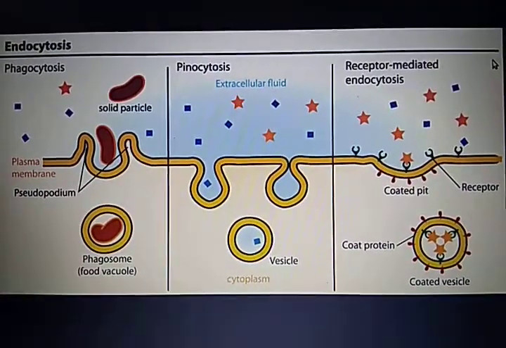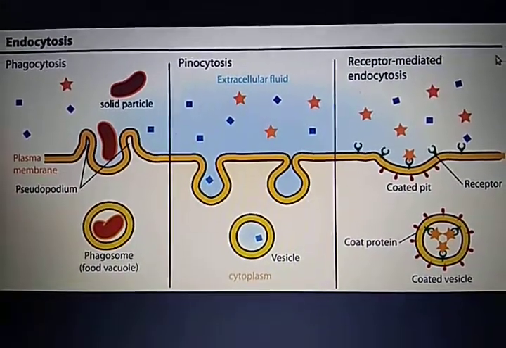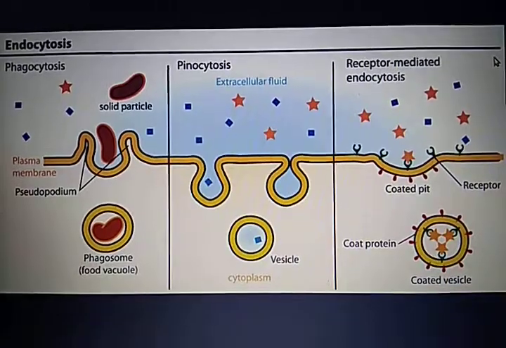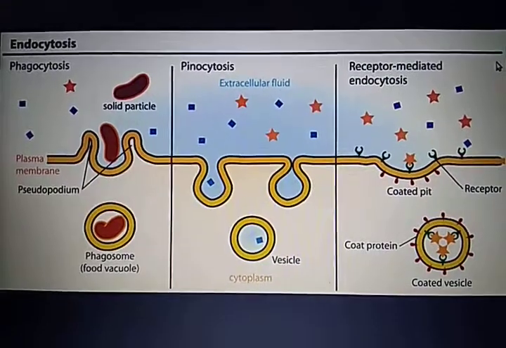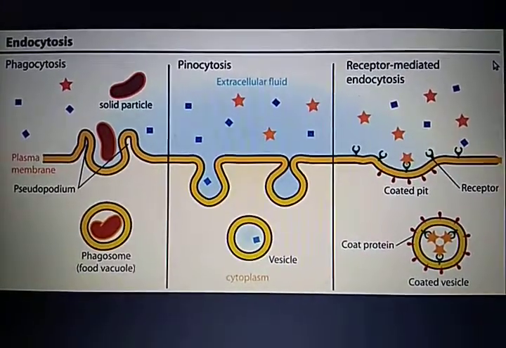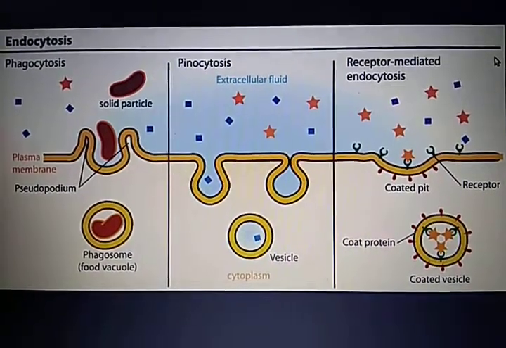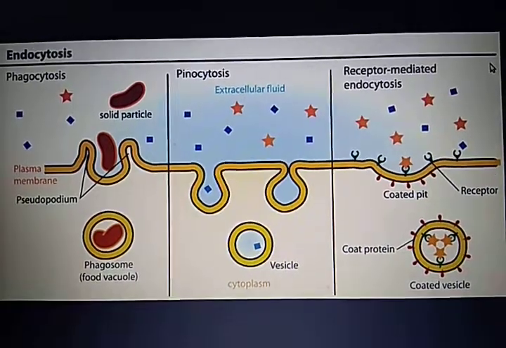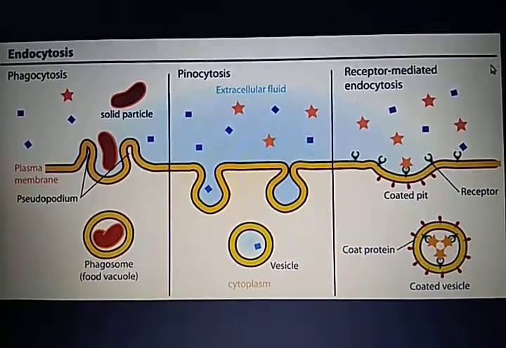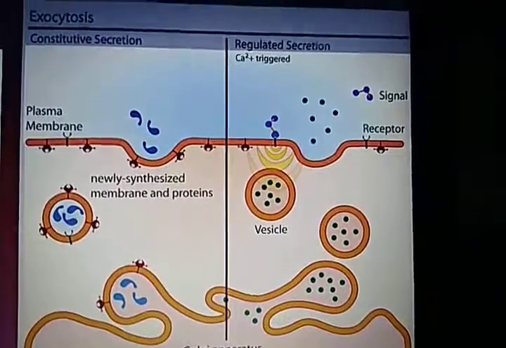So endocytosis is the mode of transport in which substances are taken inside the cell, while the cell also needs to throw out some waste out of the cell. So it performs the process of exocytosis with the help of its plasma membrane. So the plasma membrane also helps in the removal of substances, or the transport of substances from one cell to another cell, by the help of exocytosis. So let us understand what exocytosis means. In the process of exocytosis, see,